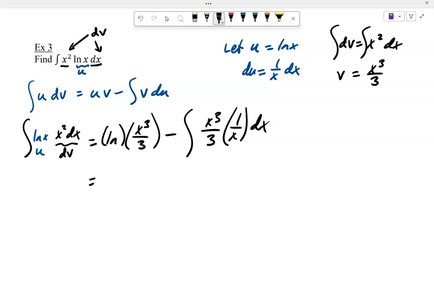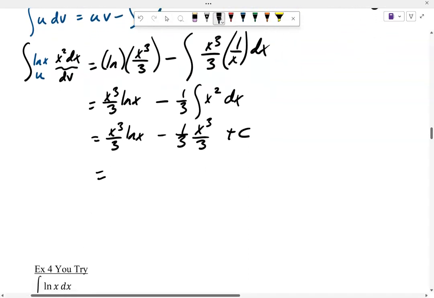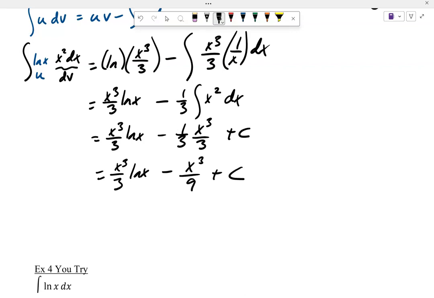And so this ends up being x cubed over 3 ln of x minus, I'm going to put that 1/3 out front, and x cubed over x, of course, is x squared dx. So we got x cubed over 3 ln of x minus 1/3 x cubed over 3 plus a constant. So we got x cubed over 3 ln of x minus x cubed over 9 plus a constant. And that's the integration of